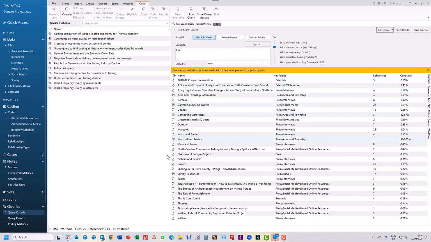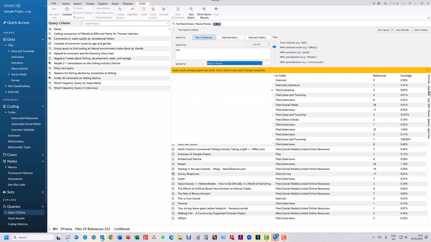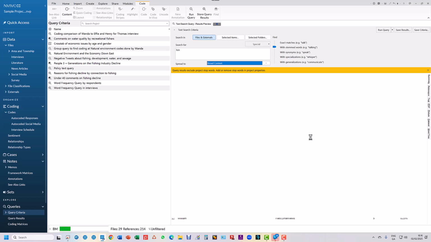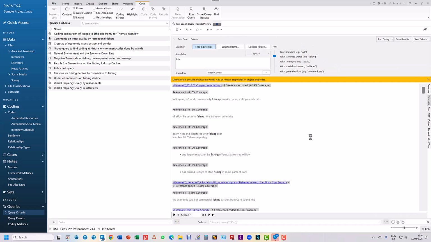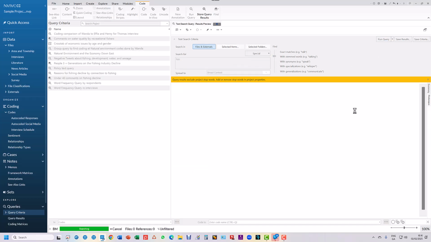and let's say I've found 200 references here from all these different sources. Now on Windows, I decide, look, I want context on this, so I'm going to put a broad context on them. So if I look in the references here, it'll take a sec to load because there's 200 of them. But then people are using searches on these kind of volumes of data because they're doing literature reviews and policy documents, much bigger than interview data sets. But now I can just spread that for context and run it, and now I get it in a paragraph